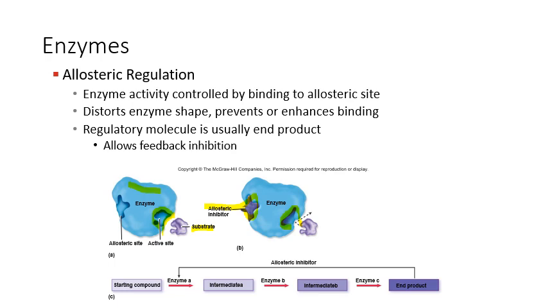So it changes the shape of the active site temporarily, which means the substrate can no longer fit into it, and that's going to stop production of whatever this pathway was doing. So a lot of times,